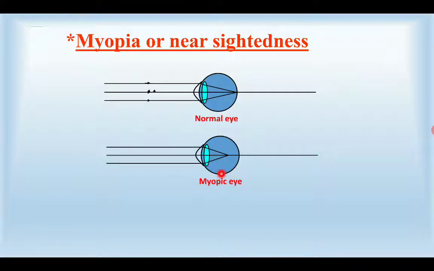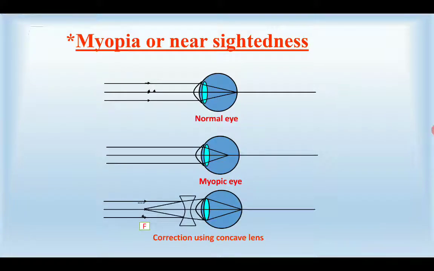Now how can we remove this defect, myopia? This is the correction of this myopic defect. We are using a concave lens here. These are the rays initially falling, like the light rays are coming from infinity as in earlier cases. They are falling on this concave lens, and we know that the nature of a concave lens is to diverge the light rays. So these light rays are being diverged and the diverged rays are falling over here.